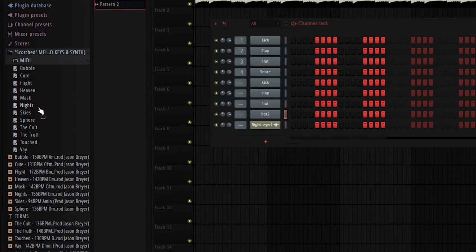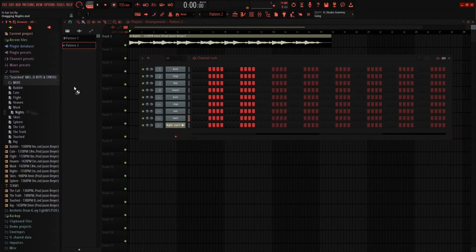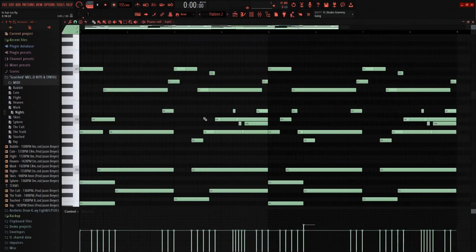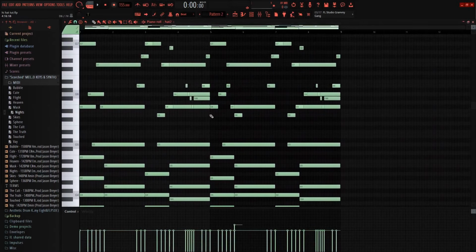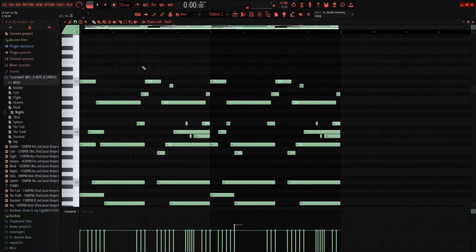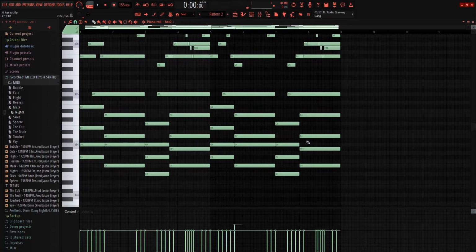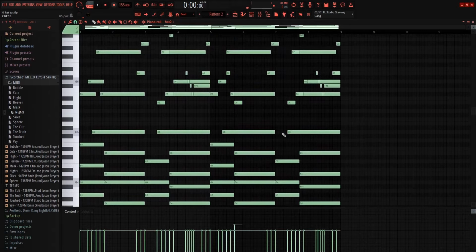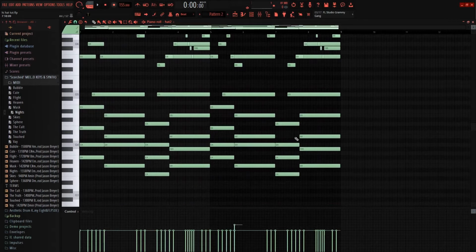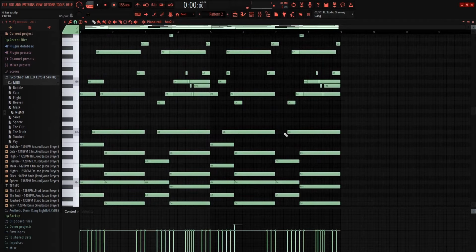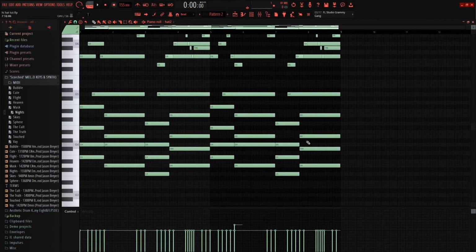So basically what we're going to do here is I'm just going to drag and drop this MIDI file onto the hi-hat pattern. Now, I know this is going to look really weird to some of you at first, but trust me, this is going to sound really cool. Of course you don't want to leave it like this, because let's be honest, if your hi-hat patterns look like this, you are trying way too hard. And no artist is going to be able to find a good flow with the hi-hats going everywhere like this. But the idea here is to take the general flow of the melody